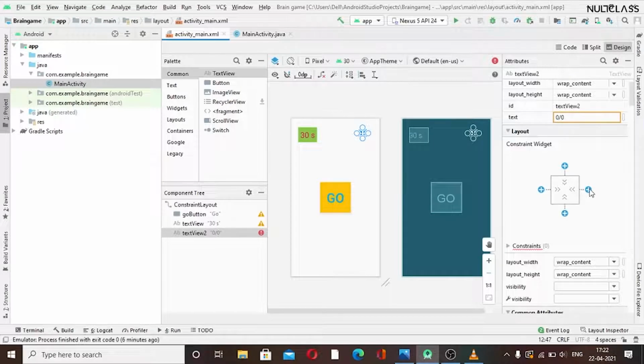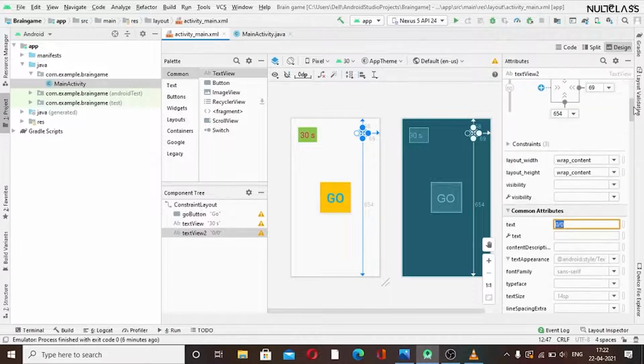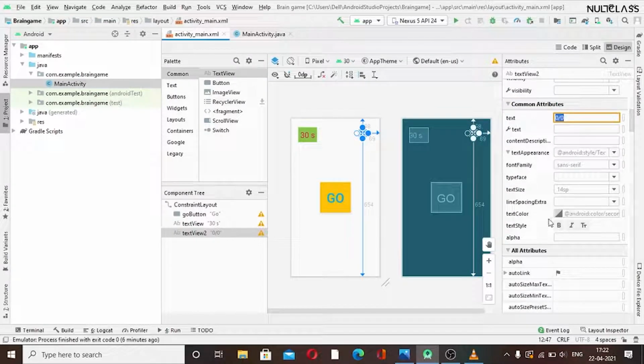I will add the constraints. Also the down constraint. Okay, so now I will increase the text size and the padding size. I will give the same as I have given for the timer text view.